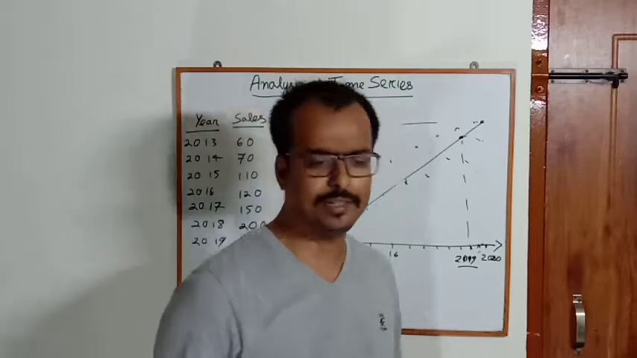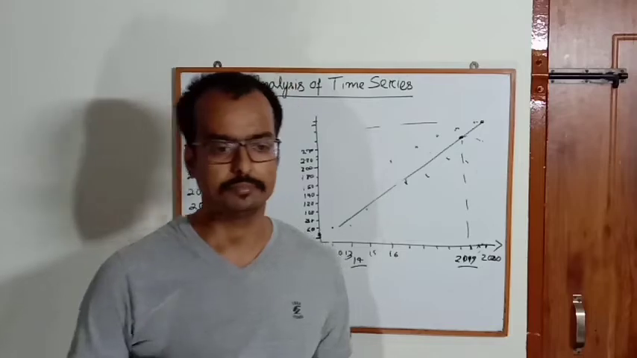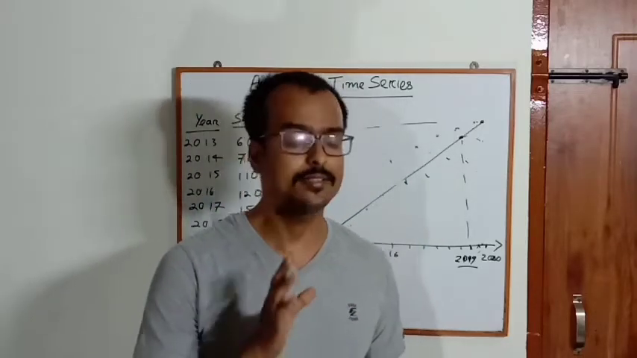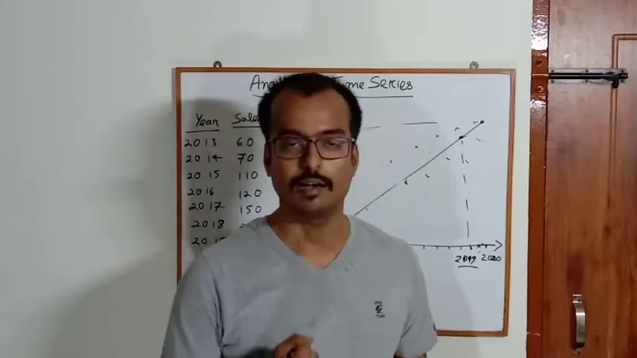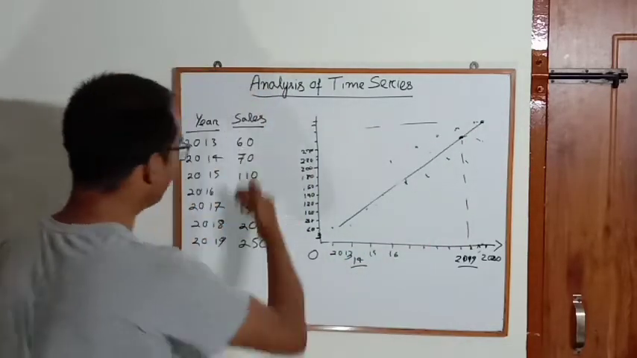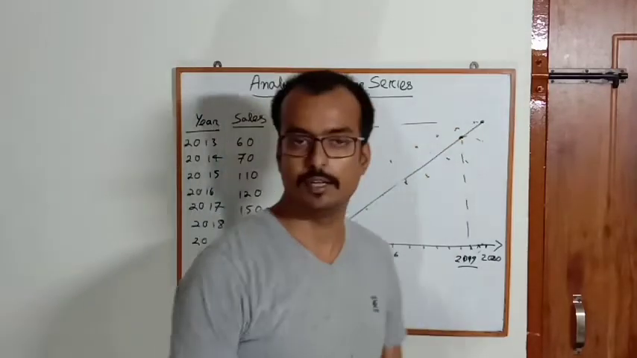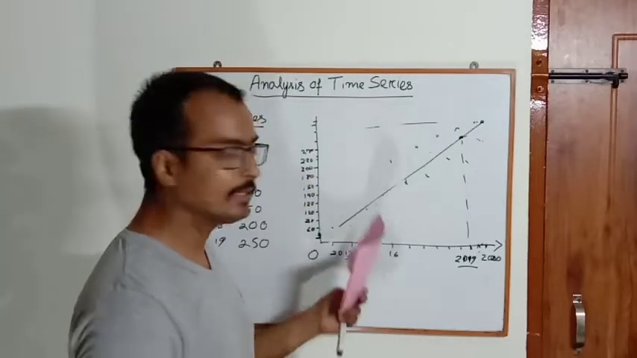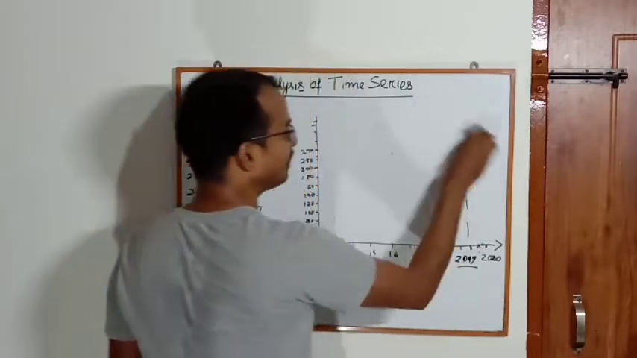Now merits: this is very simple, very easy to draw, and it gives us a rough idea, and it has some justified ground that it's based on the historical record. What is historical record? What happened in history? What happened previously? On the basis of that we are saying this. We are not saying this of our own. Okay, so that may happen, but the biggest defect of this method is